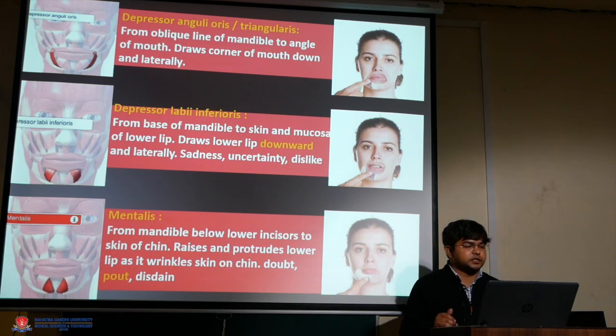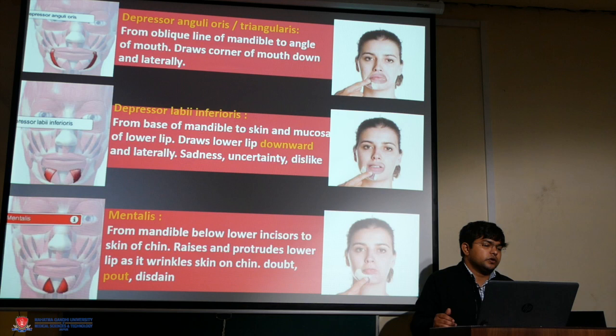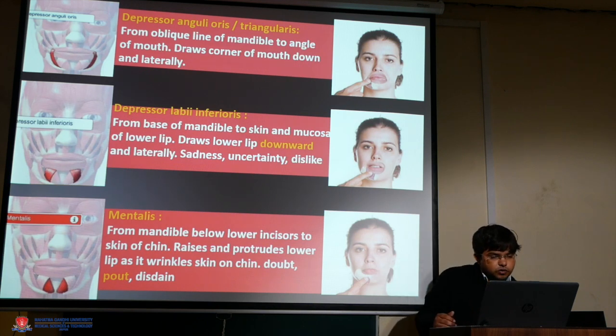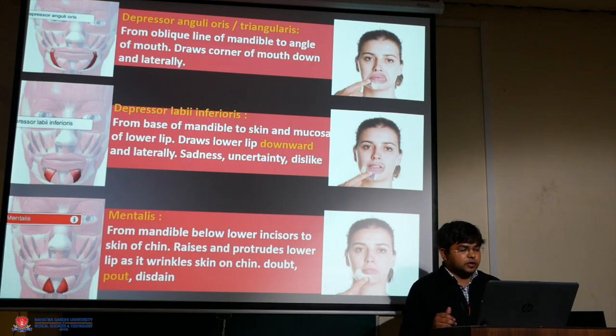The depressor labii inferioris muscle originates from the base of the mandible to the skin and mucosa of the lower lip. The action of this muscle is to draw the lower lip downward and laterally in sadness and dislike. The mentalis muscle originates from the mandible below the lower incisor to the skin of the chin. The action of this muscle is to raise and protrude the lower lip as it wrinkles the skin on the chin, in doubt and